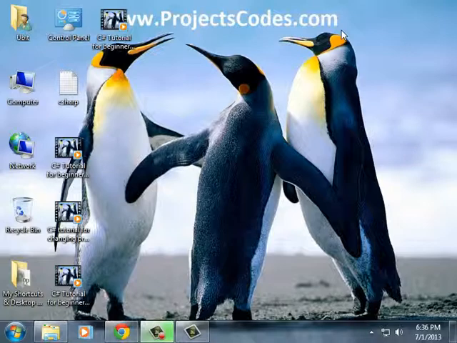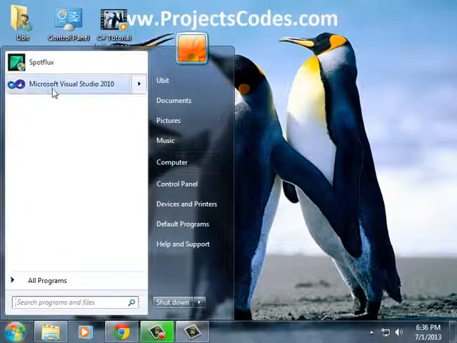This is the C Sharp series for beginners, and this is the fifth video of the series. This video is about how we can change the properties of controls using code, or at runtime. Basically, what we are going to do is change the properties of controls. For experimenting, I will show how we can change the text property of a button whenever someone clicks on it. For that, I will have to open Visual Studio.